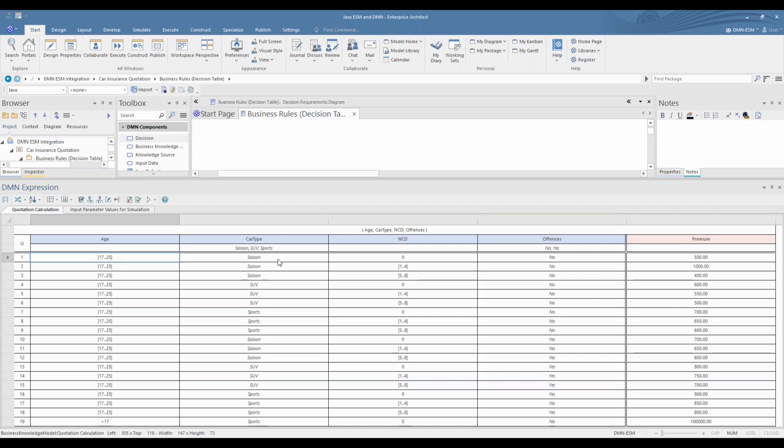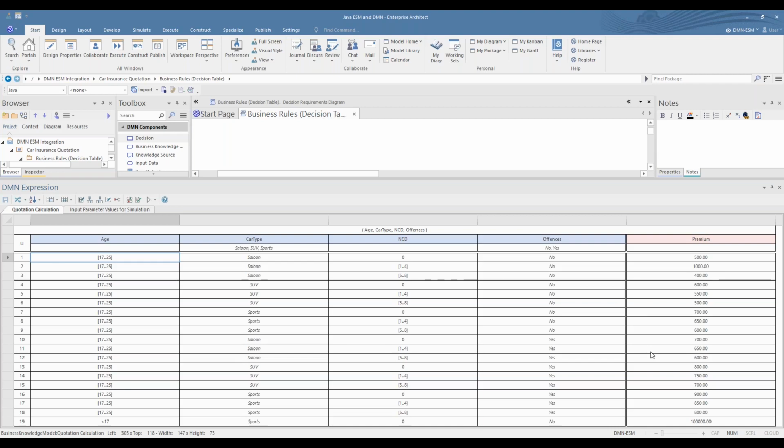For an enumeration, you just type a value in the enumeration, and finally you have the result, which is the premium, which is paid according to the combination of the inputs. And that's it. So that is the decision table.